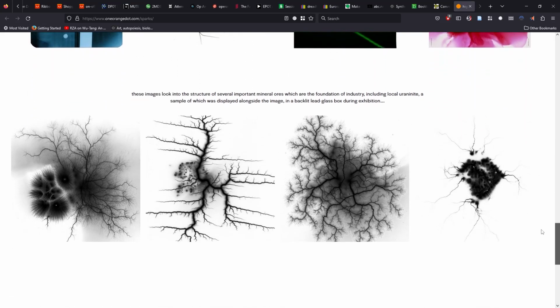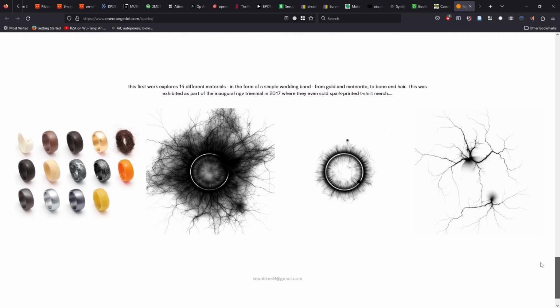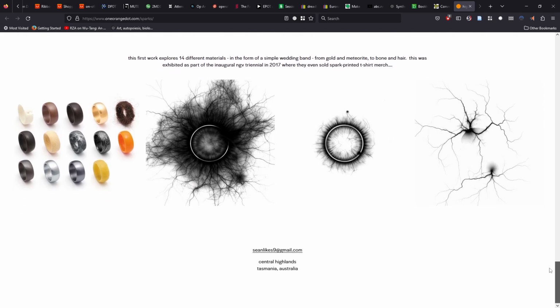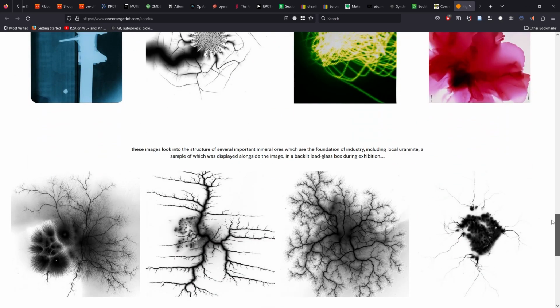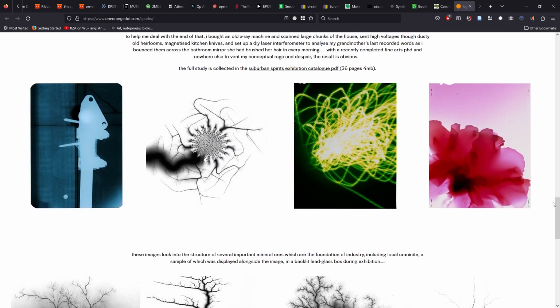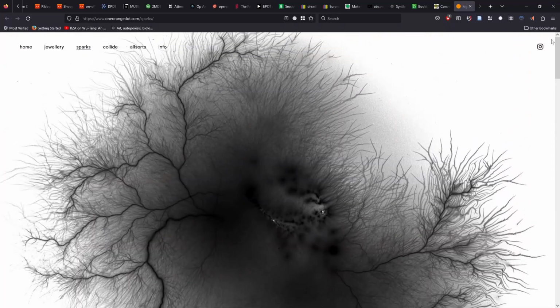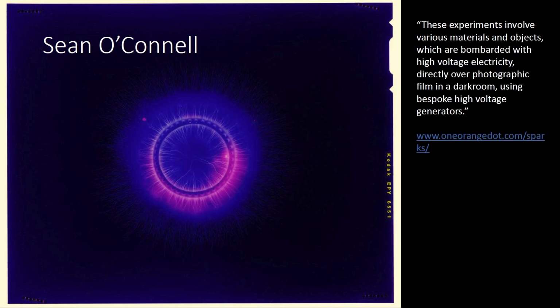And so, yeah, he's used this technique with a whole range of materials, some of which are in that ring format, a bunch of which you can see here, and some of which are things other than rings, small pieces of other materials that he's placing on the large format film that he uses to do that. So again, an example of an artist who's using very controlled processes to create these works